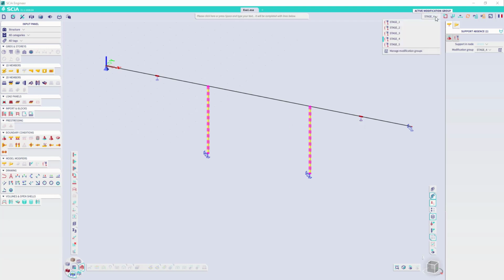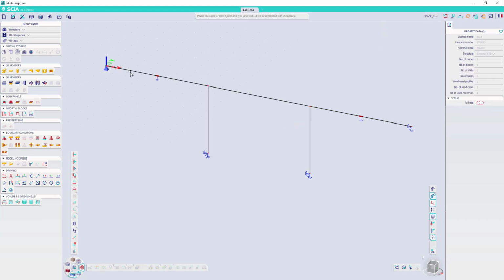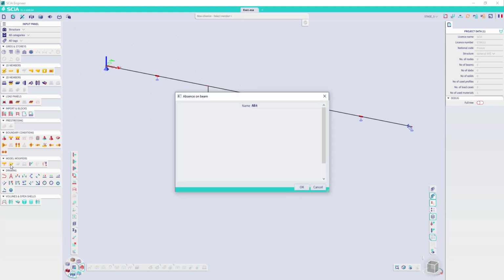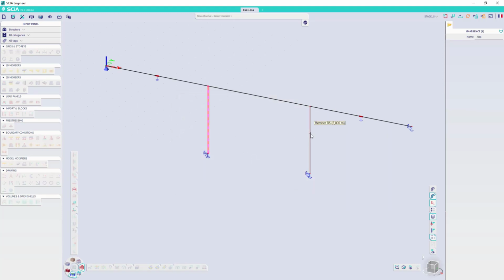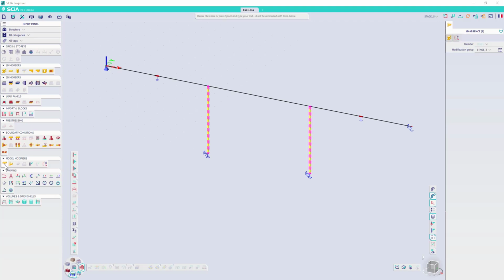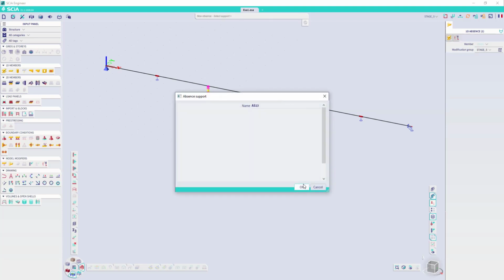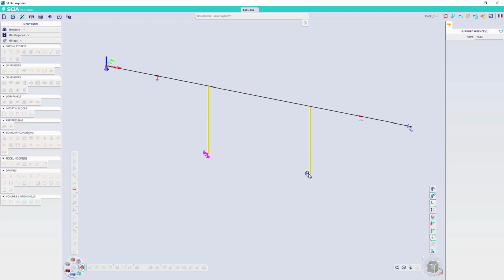And in stage 5, I remember what there is. In fact, there are just the 3 horizontal beams and the support at the extremity. Then I remove all the rest. Then in stage 5, I remove this column and this column, and I remove the support here, here, here,